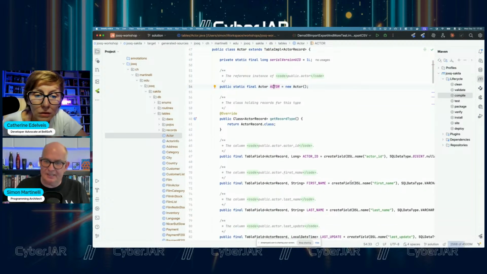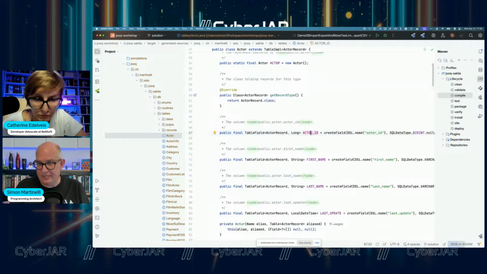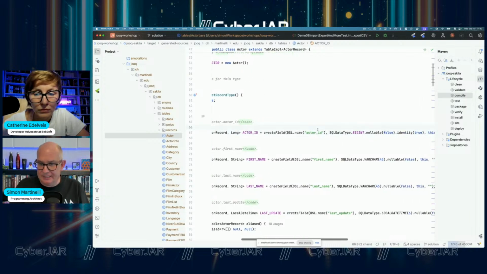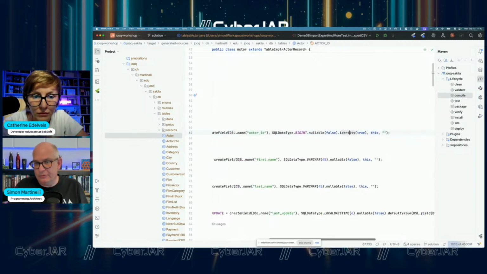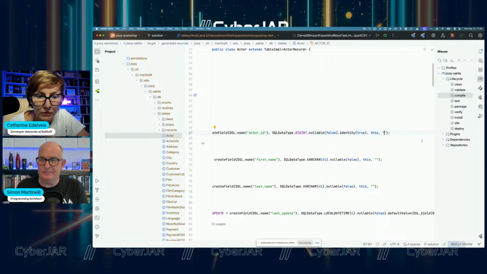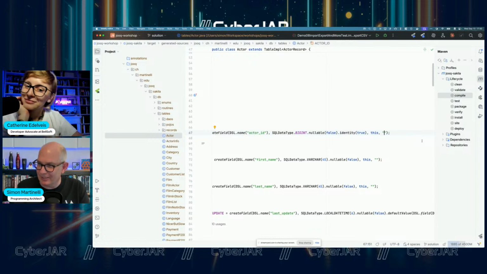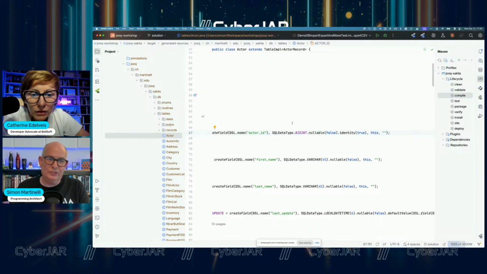And then we see the columns, and here we have a lot of metadata, right? We know the type, so the Java type in that case. We know the database column name, we know the database type, we know if it's nullable or not, we know if it's a primary key or not. And if you are a good database developer, you also comment on tables and add comments to database columns. That means you would see the comment from the database also in the Java code, so you don't have to look at the database table. You can use the comment in the Java class. So that's one thing jOOQ generates.